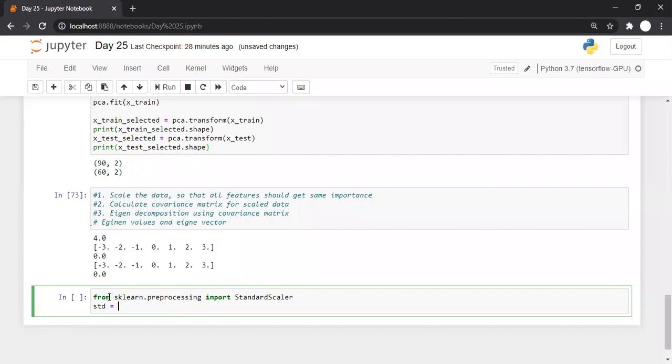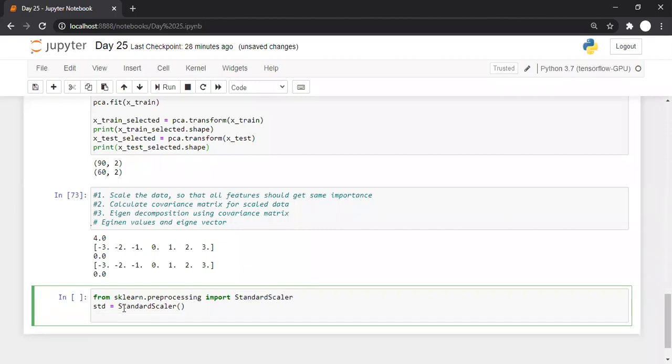Again, steps are similar to PCA only. First create an object of StandardScaler as std. Once the object is created, call the method fit. The moment we call fit on X_train data, it will do all the calculation required for StandardScaler.